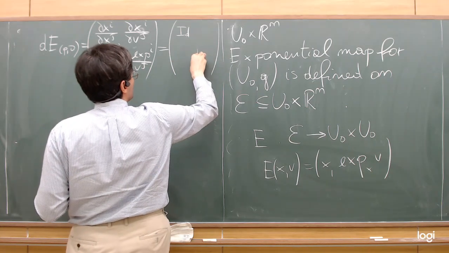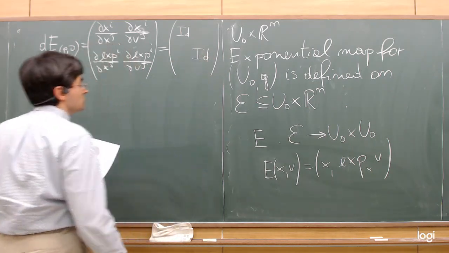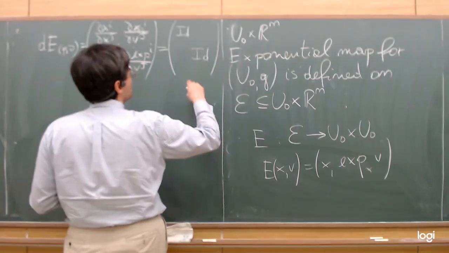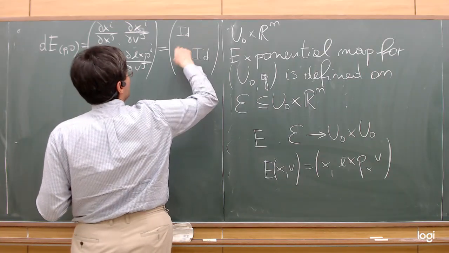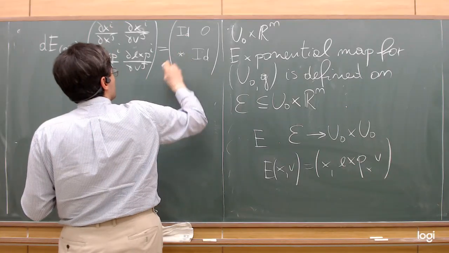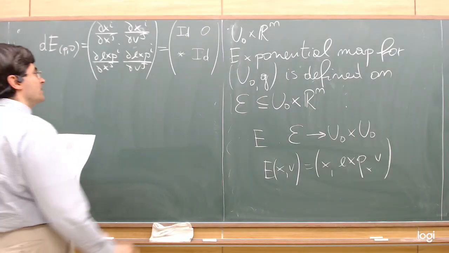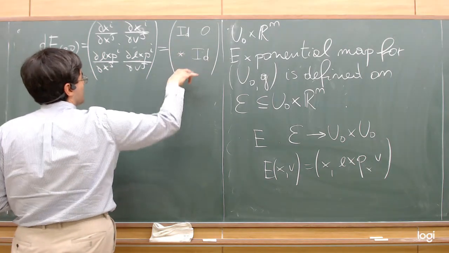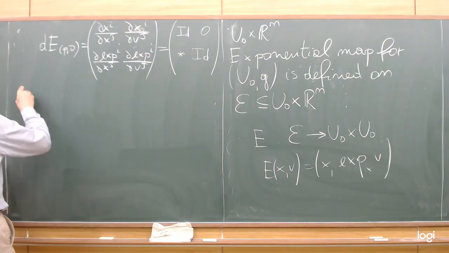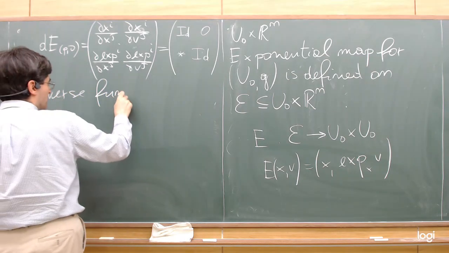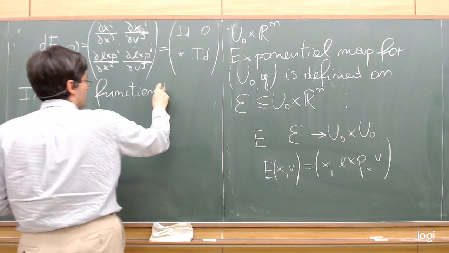The same is true for the block at the extreme right and the bottom. Instead, the remaining blocks are respectively 0 and something that I will denote by a star, but this is not important because we know that a matrix having this structure is invertible. So the inverse function theorem